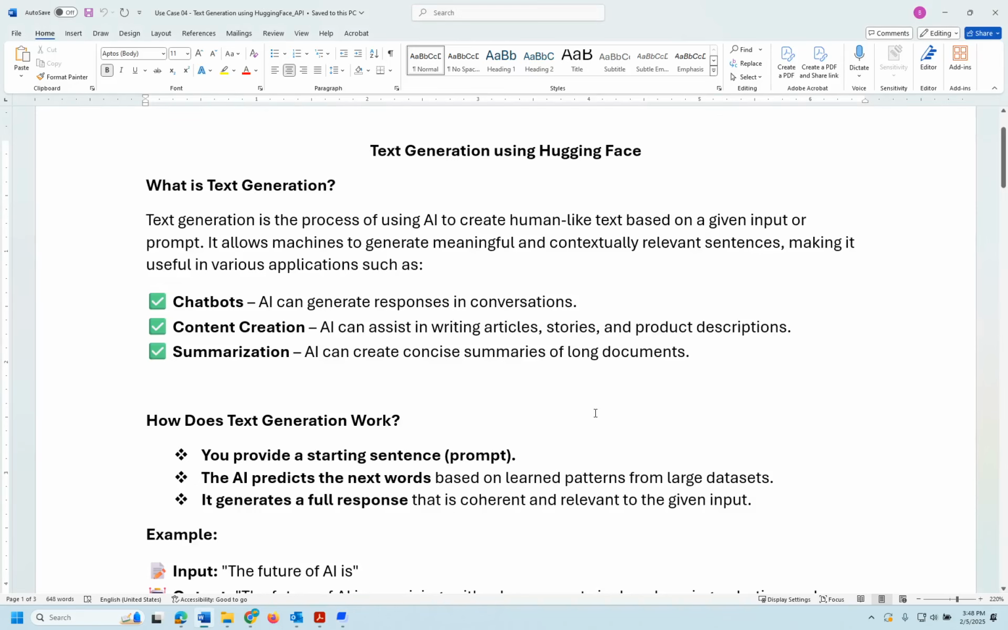Hello all. In this video, we are going to watch the demonstration of text generation using HuggingFace library. Before we go into the HuggingFace, let me explain what text generation is and how it works, what the different examples of it are, and then we will see what we need for text generation. So text generation is basically AI generating a human-like text based on the given input, which is also